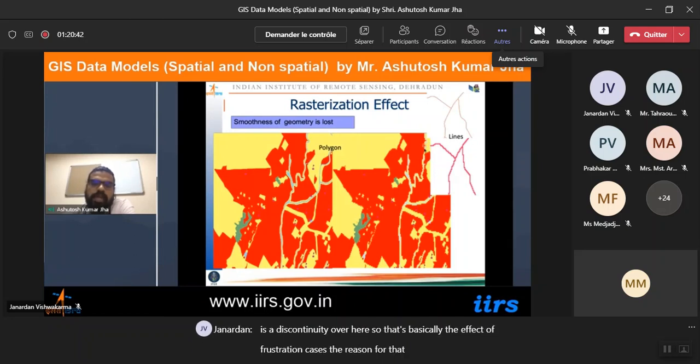The reason for that is that during the rasterization process, it fills the grid cell if and only if the total area within the grid represented by this polygon is more than 50%. That's the default process which is carried out, and accordingly there will be a lot of discontinuity. So in case of very thin, small polygons and thinner geometries, there may be an impact. This discontinuity may arise, and it has its own implications at a later stage whenever you will be doing any kind of spatial